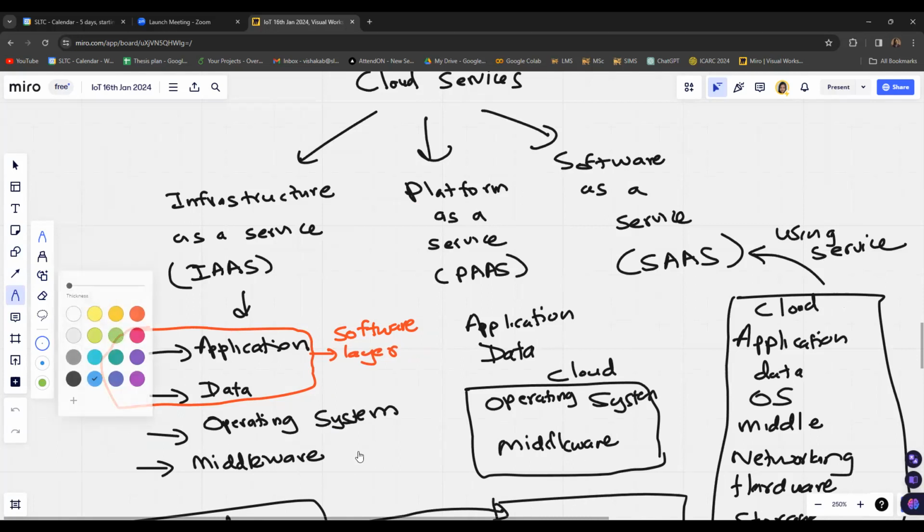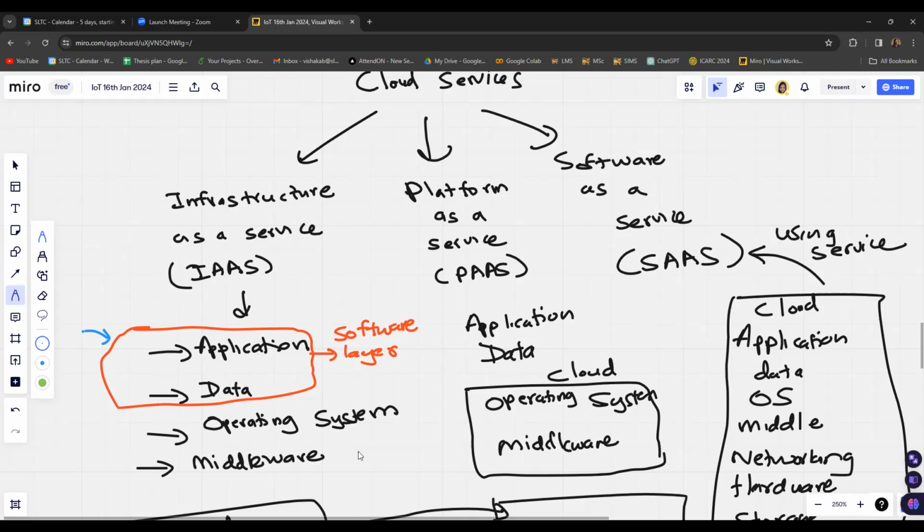So if you intend to create a customized cloud infrastructure, then you need to go for the infrastructure as a service model. There, you will be building these softwares on your own.